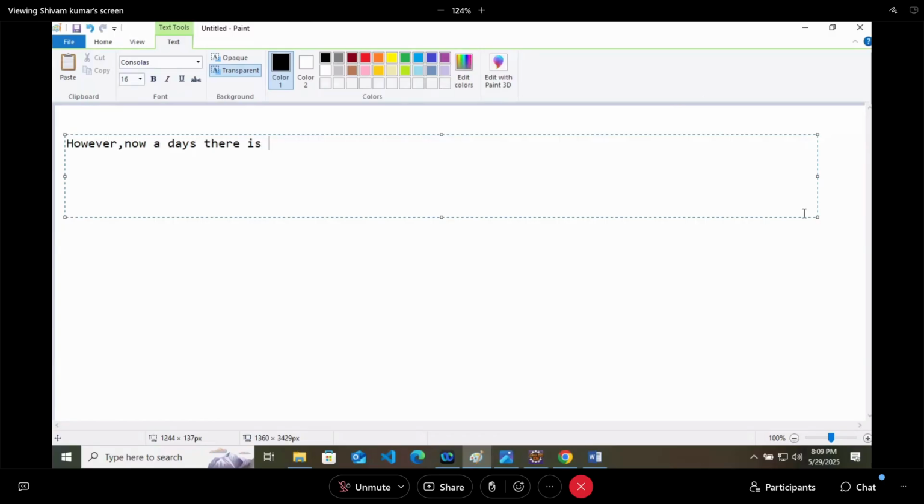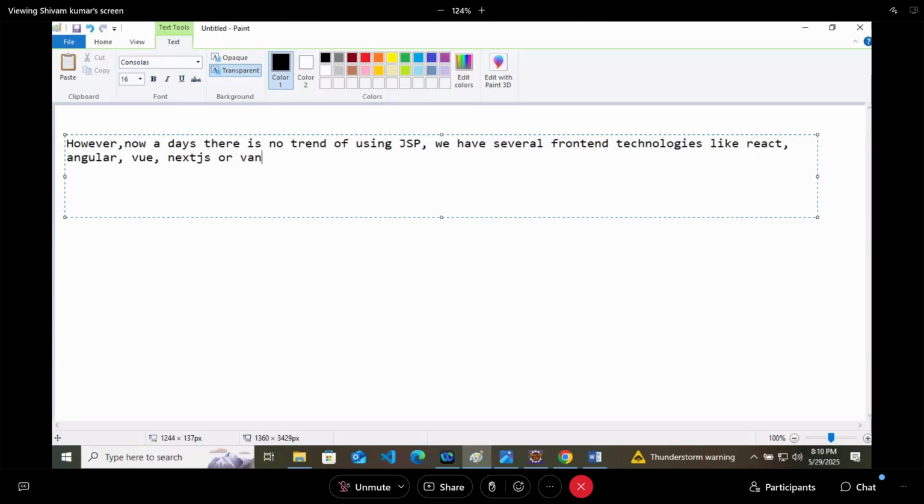We have several front-end technologies like React, like Angular, like Vue, like Next.js, or Vanilla JS. So now no one is writing code in JSP for front end. All of you will write your front end code in React, in Angular, in Vue, in Next.js or in Vanilla JS. Then what is the role of Spring?